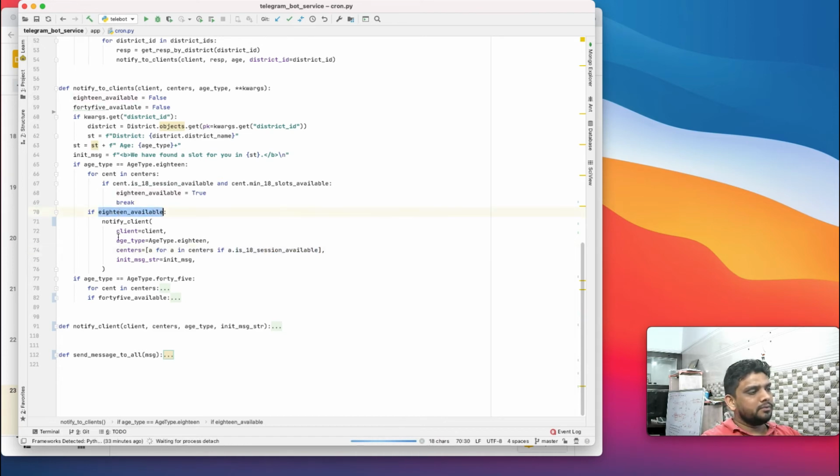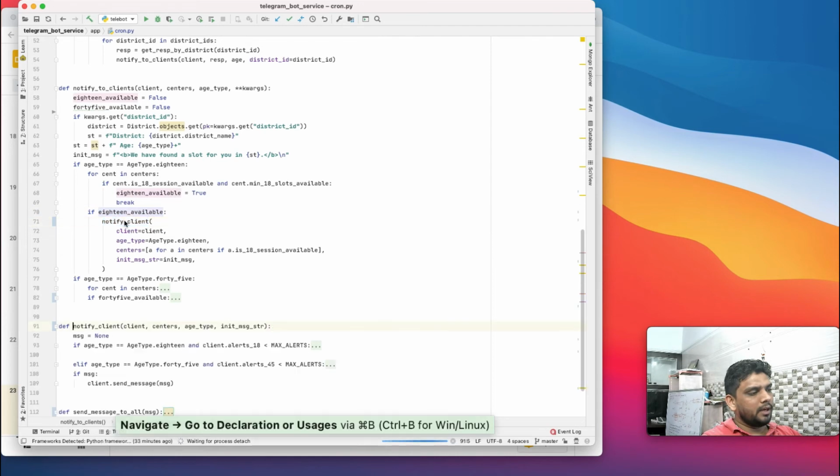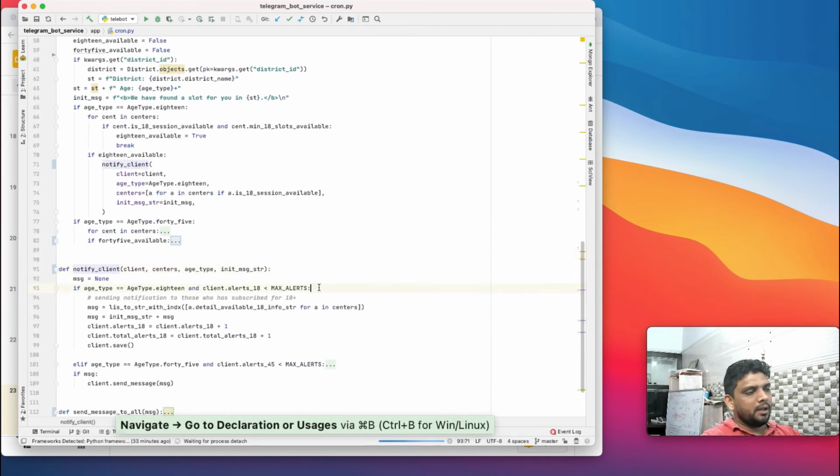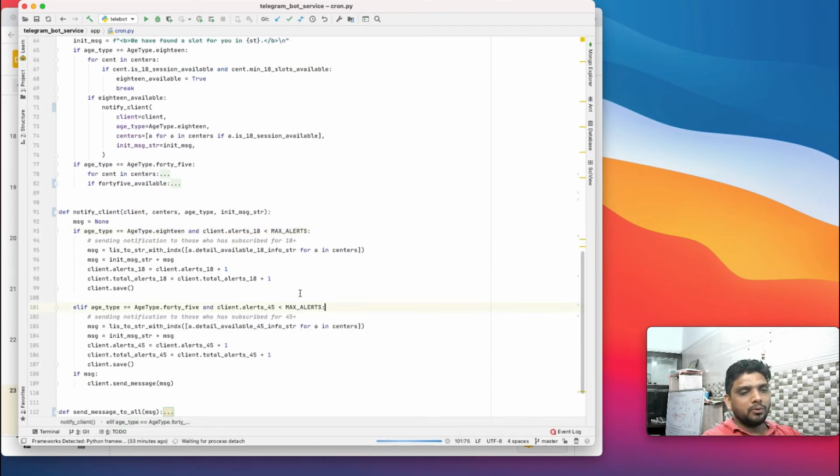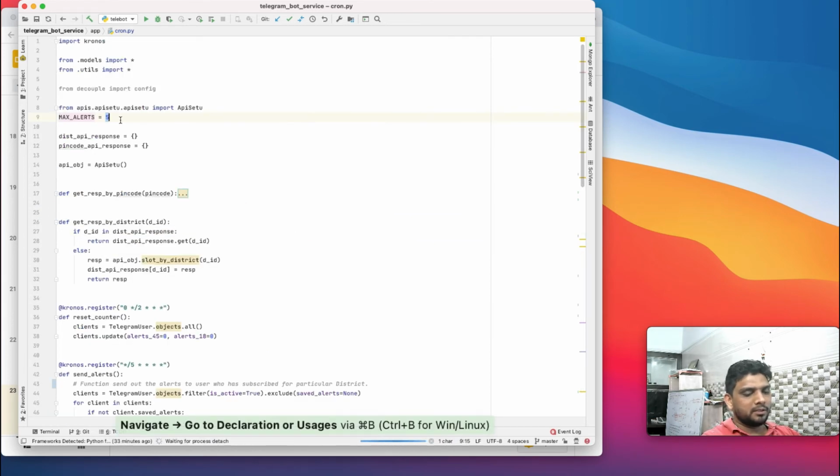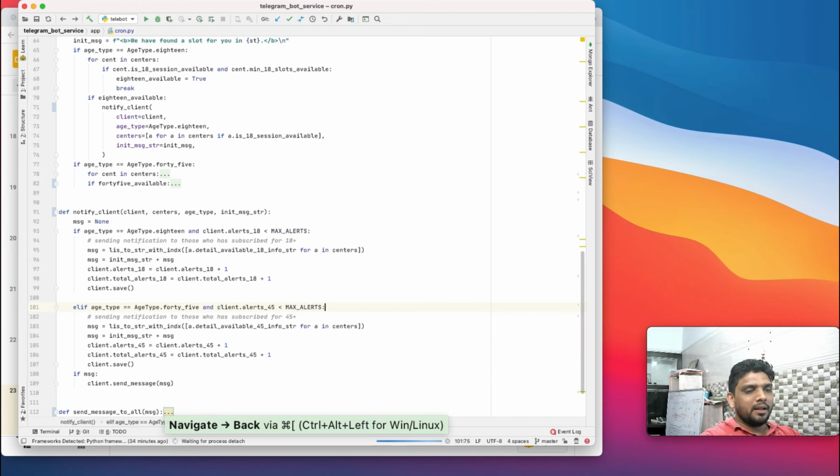Once we have this, we call notify client, which checks whether we have to notify the client or not. If this is the age type, and there is a max alert, suppose max alert is 5, and we have already sent 5 alerts to the client, we will not process this anymore because we don't want to bother the user.